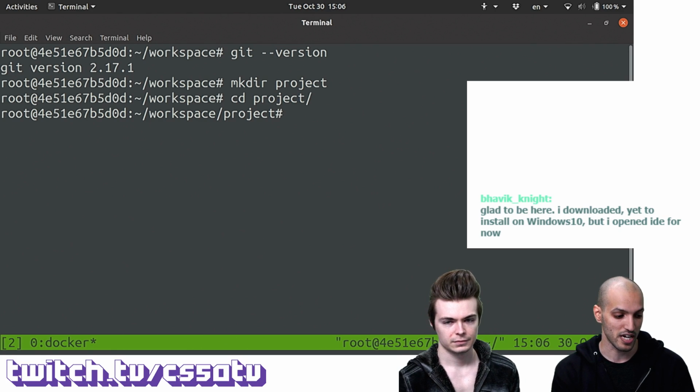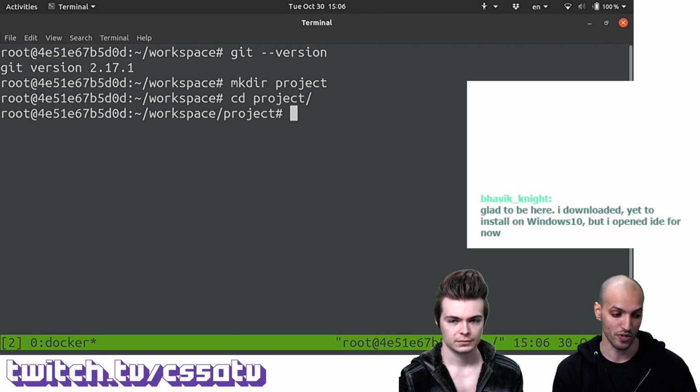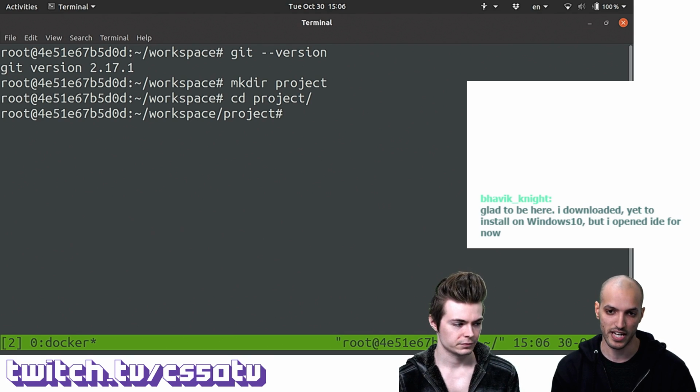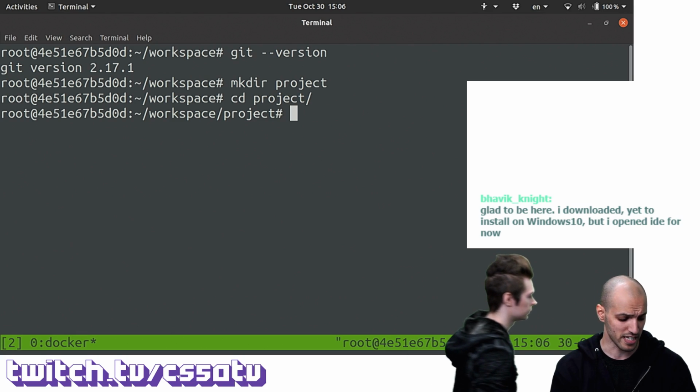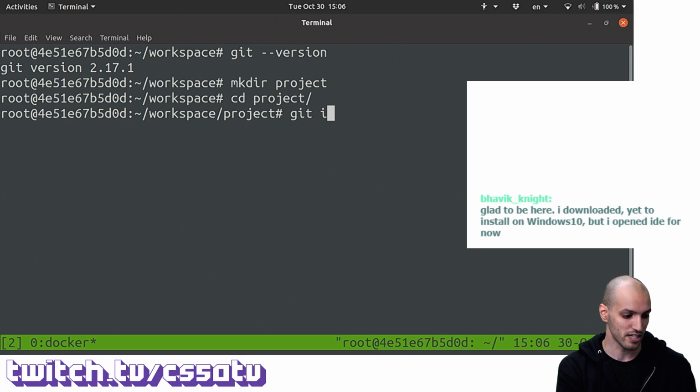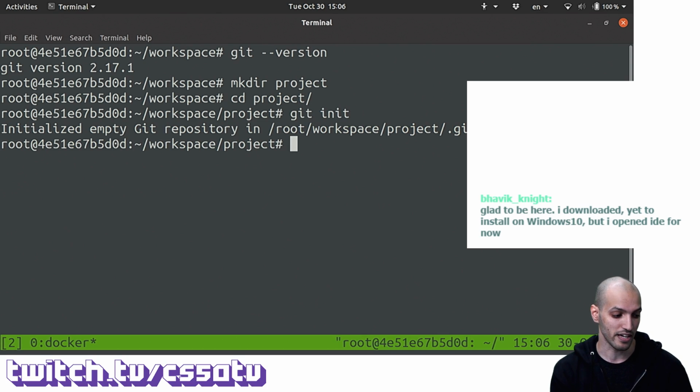And the way to initialize this Git repository, or in other words, say, hey Git, I want you to track the changes in this project, is by running git init, and Git should reply initialized empty Git repository in the path to your project, and then creates this .git directory that we're not going to really worry about too much for now, but this is how we initialize a Git project.